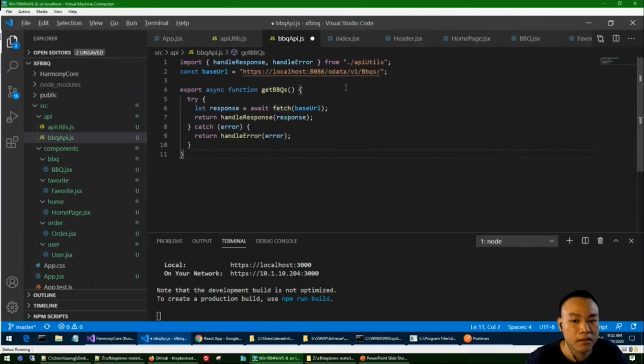The rest of this code for the other components is pretty much going to look similar to this.